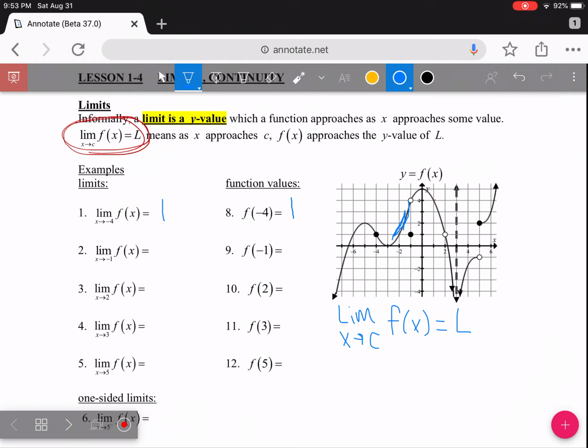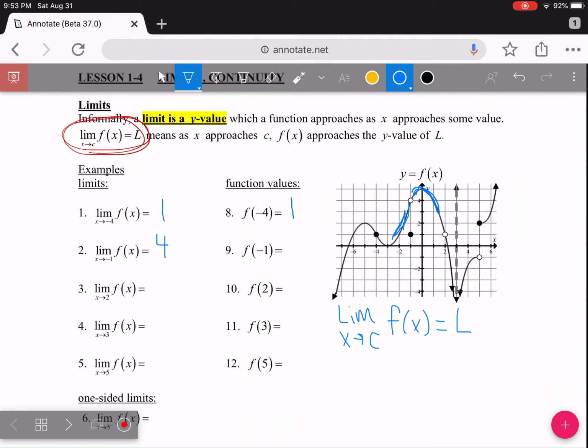So I'm getting really close to negative 1, and what am I actually doing? Well, I'm getting really close to the y value of 4, right? So as x approaches negative 1, I get really, really close to positive 4, excuse me. Well,